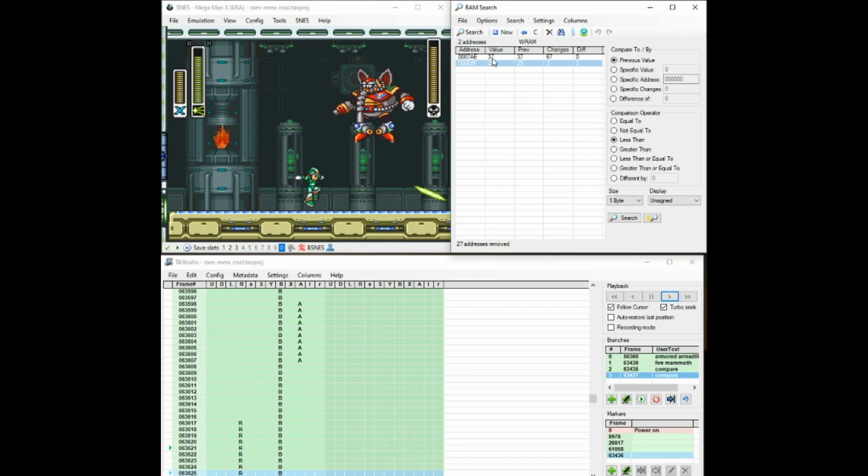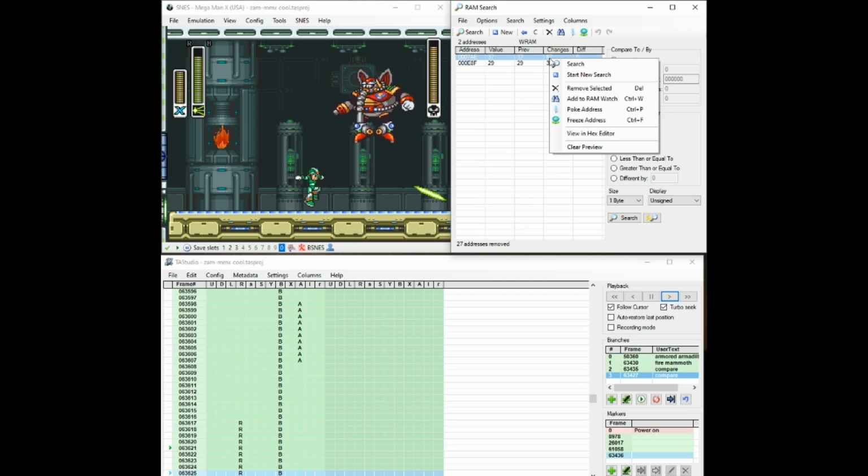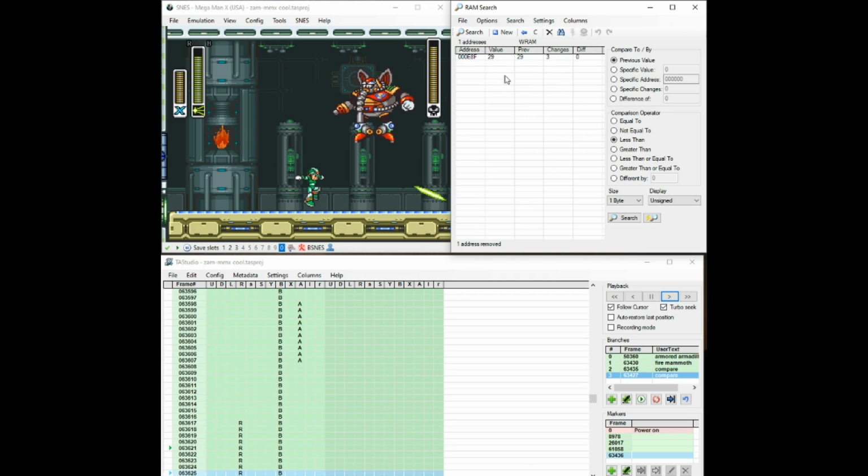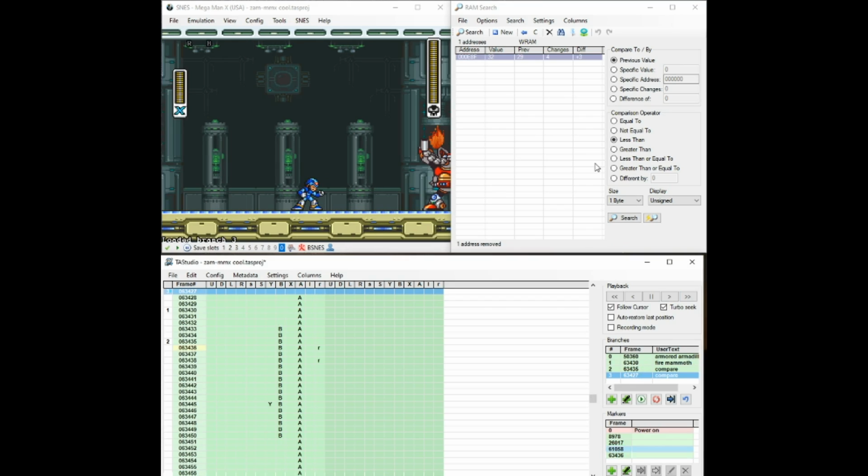So let's say, I'm going to go with 29. That had 3 changes, not 67. That's probably not even it. So if you go off the changes column, this really is most likely his health. So what I'm going to do is go back to the start of the fight, load up the branch,